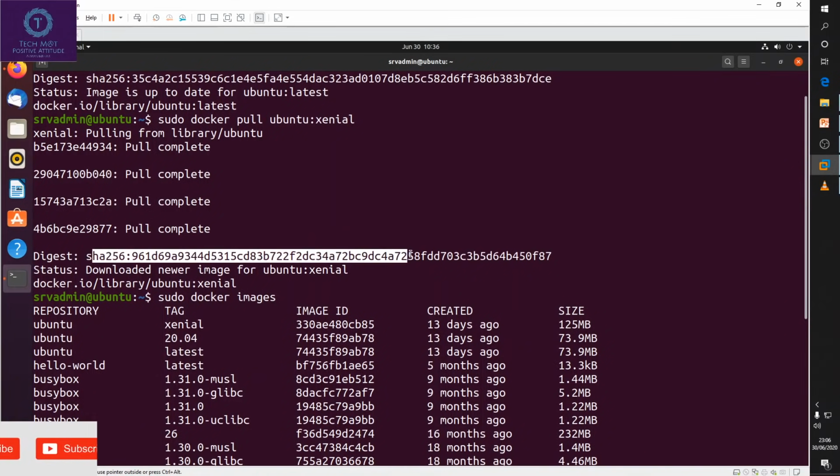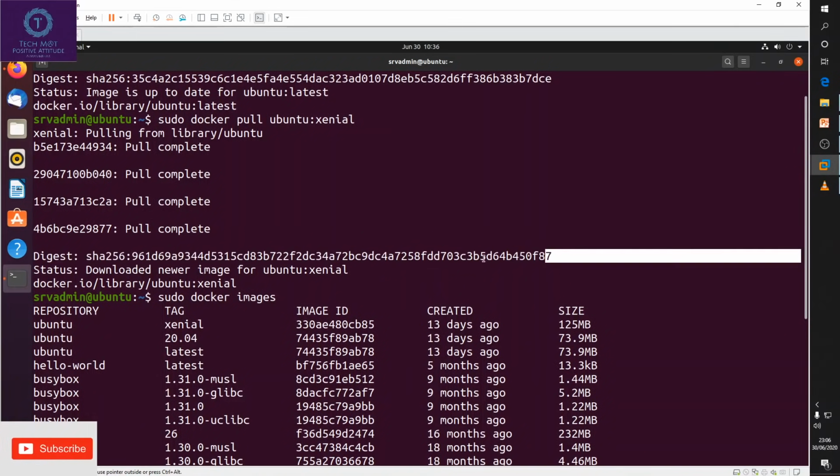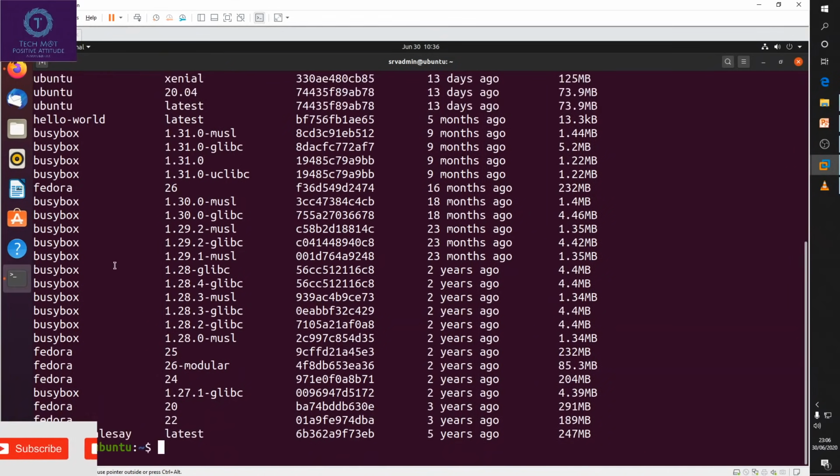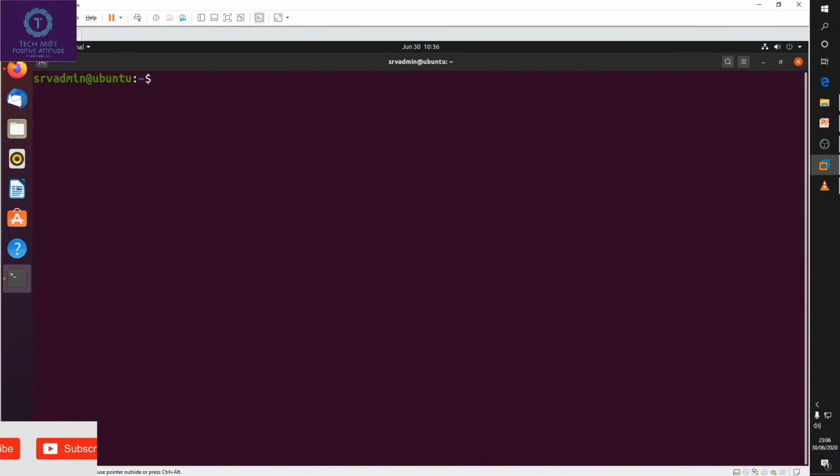So we will check it with this digest name. To check with the digest name, clear the screen. I will type the command sudo docker images --digests.